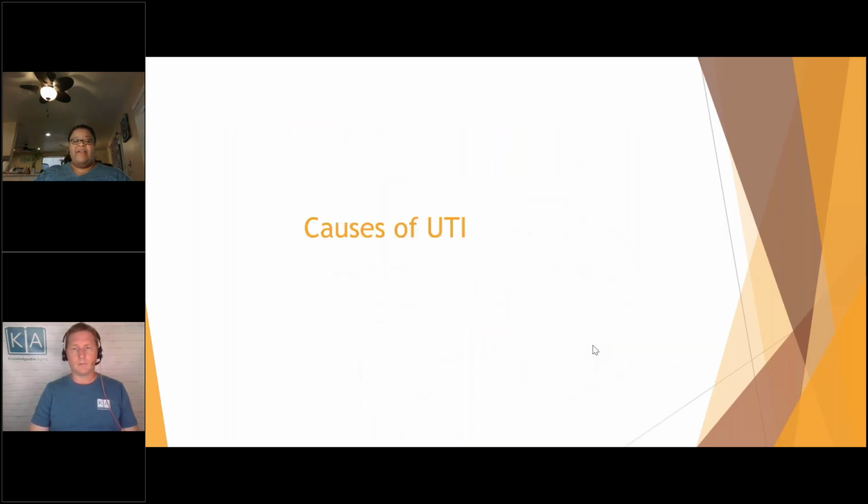Causes of urinary tract infections. Urinary tract infections are usually caused by bacteria. They enter the urinary tract, often from stool or from catheters. The usual bacteria is called E. coli. I don't know if y'all have heard of that before, but E. coli is pretty common. And actually, according to the National Kidney Foundation, 80 to 90% of urinary tract infections are